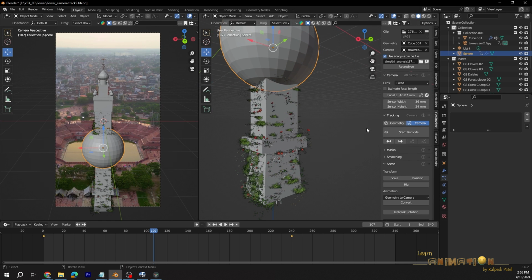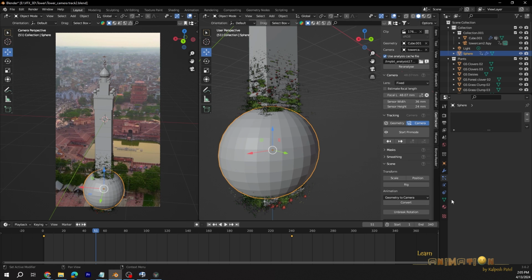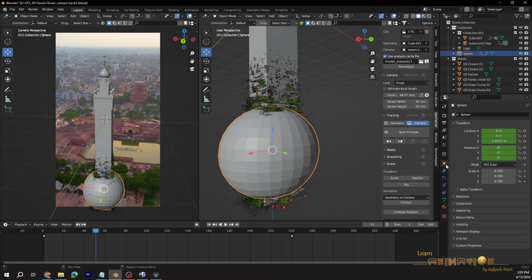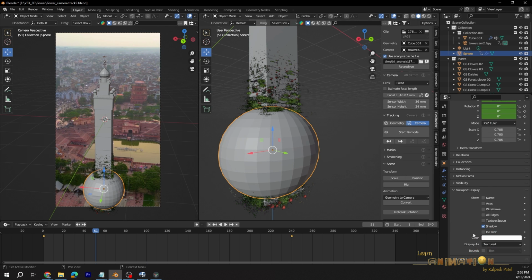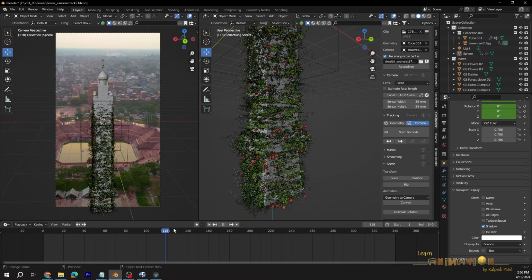To increase it more, you can just select and increase the number of particles, like 5000. You can see the visibility of this object. You can just go here and go to the visibility and just do the bounds so it won't disturb the animation.